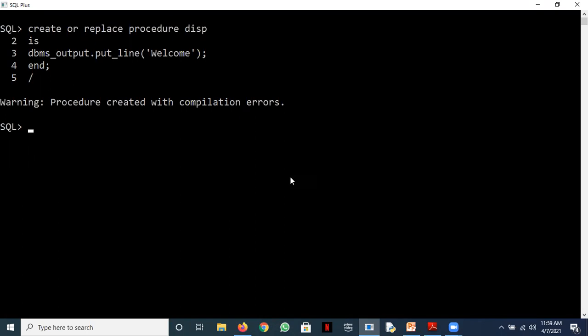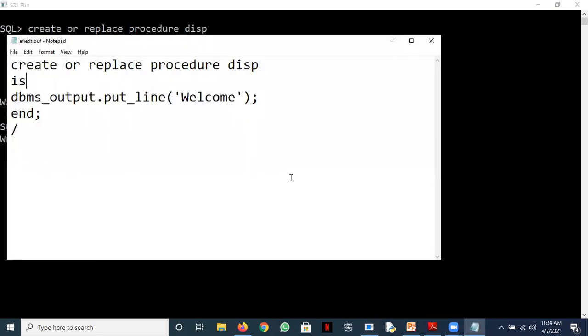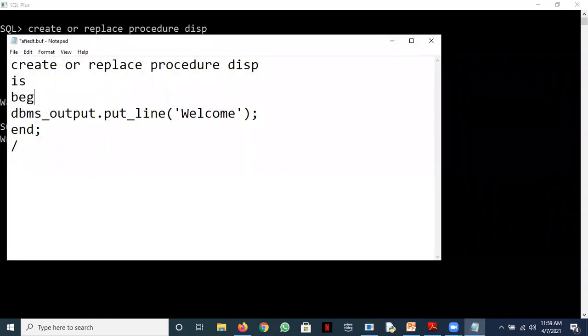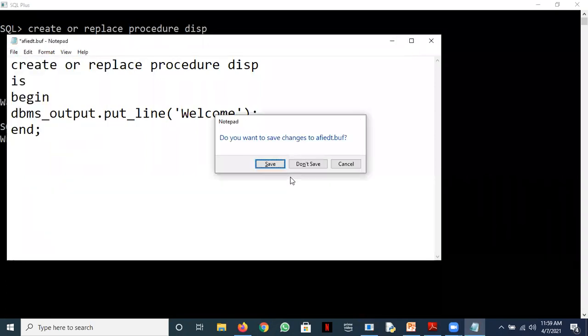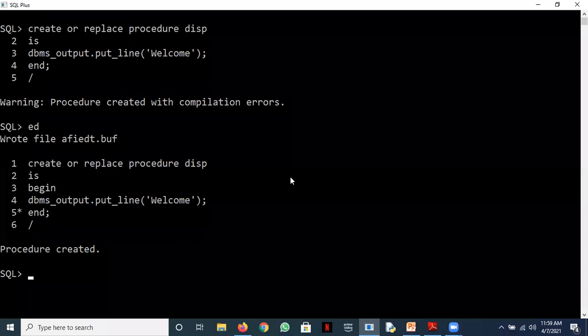There is some error here. What's that? Yeah, I think that's right. The mandatory part is begin here. So I've created a procedure. I'm going from scratch in terms of procedures and functions so that you can pick up the things here.